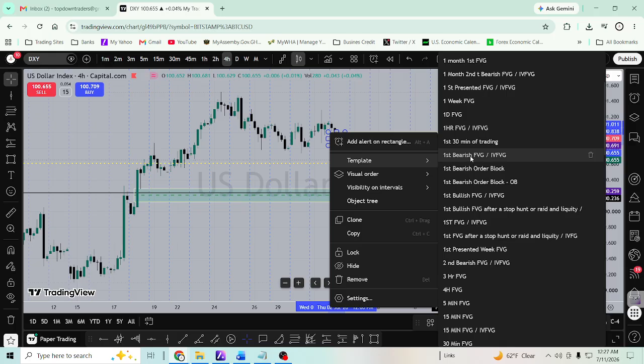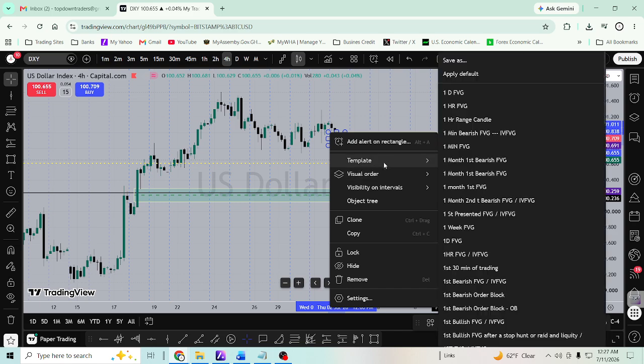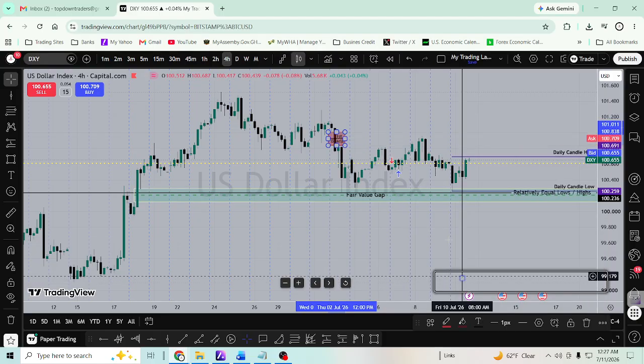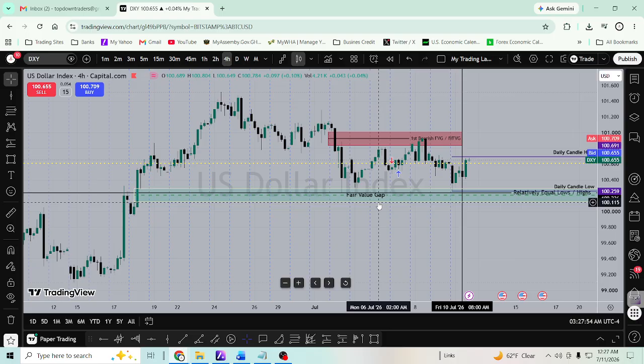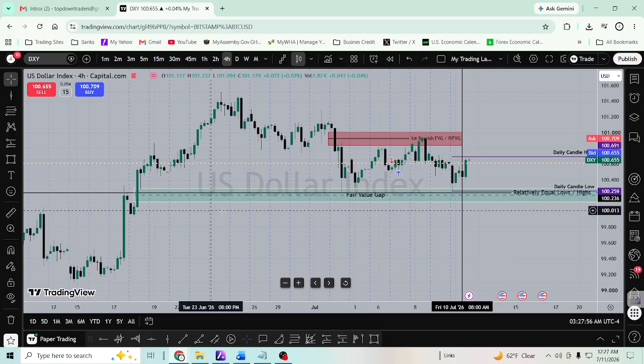Your first bearish fair value gap. The IV means inverted fair value gap. And I'll talk about that in a different lesson. Bearish first. And this would be the first presented fair value gap. Now, I'm bringing the fair value gap to your attention because price typically returns to this area